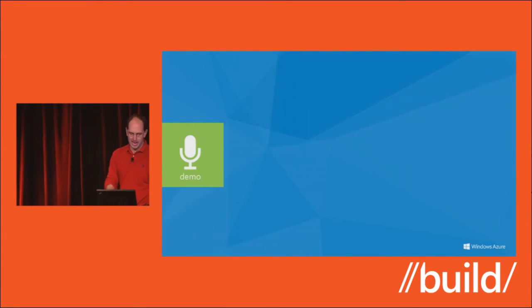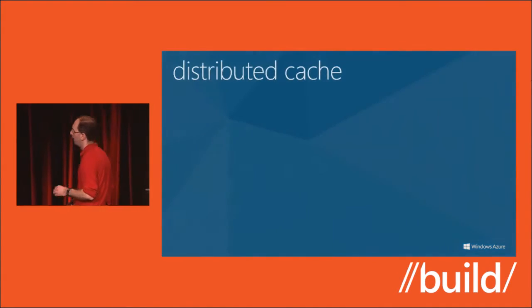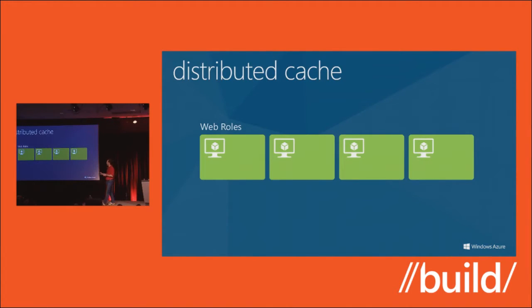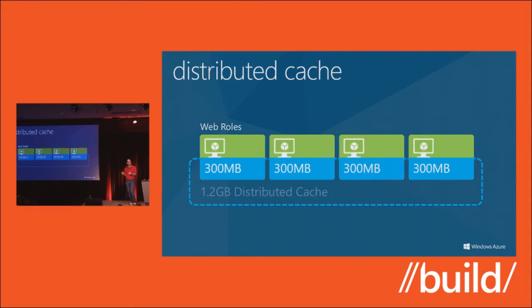The cool thing about the way the cache works, again, is that it's distributed, and we support two models. The one I just showed is where I can enable the cache on any of my existing roles within my cloud service. This allows me to use the memory on the machines I'm already paying for, so it doesn't cost me anything to enable the cache. We then ring join this distributed cache so that instead of having 300 megs total, we actually have 1.2 gigs if I have 4 instances.